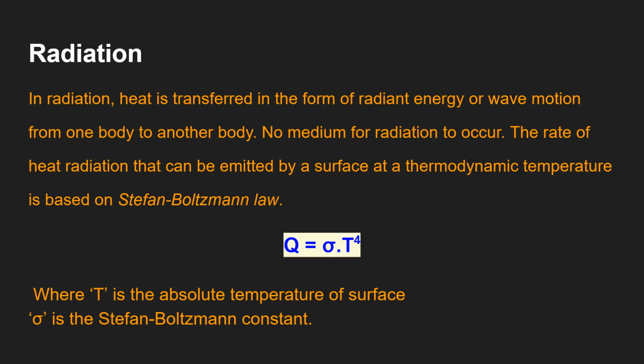The rate of heat radiation that can be emitted by a surface at a thermodynamic temperature is based on the Stefan-Boltzmann law, which is mentioned over here. Q equals sigma T to the power 4, where T is the absolute temperature of the surface, and sigma is the Stefan-Boltzmann constant. So we understand that radiation is basically the electromagnetic waves generated by any surface which is at a temperature above absolute zero,